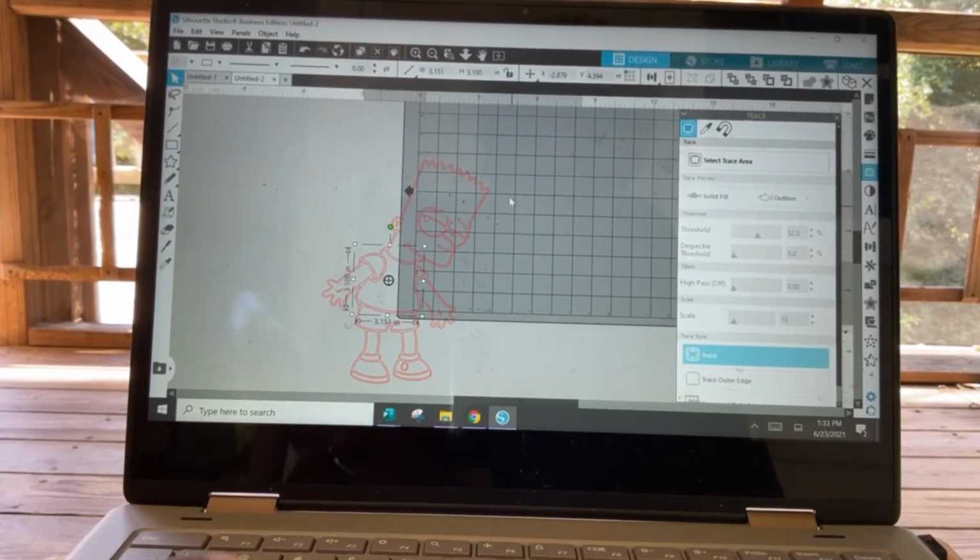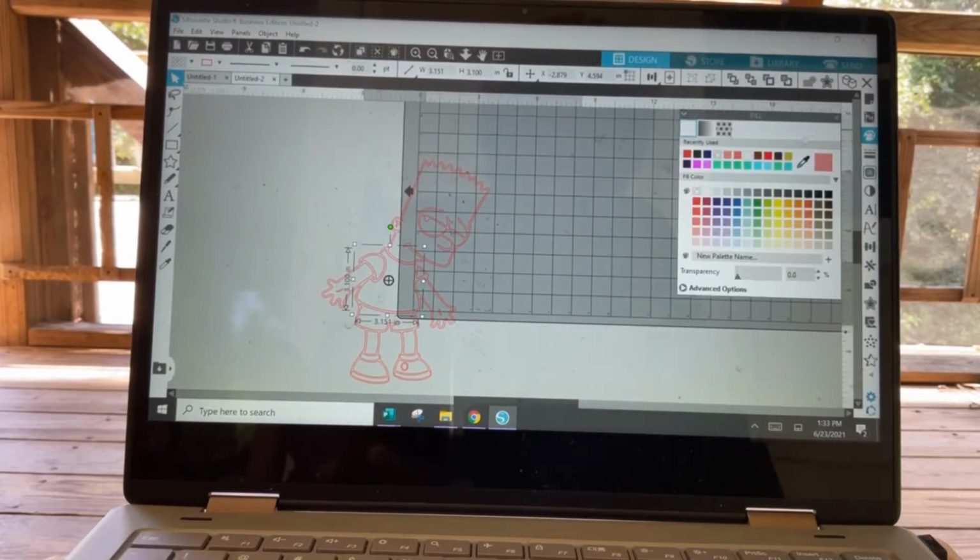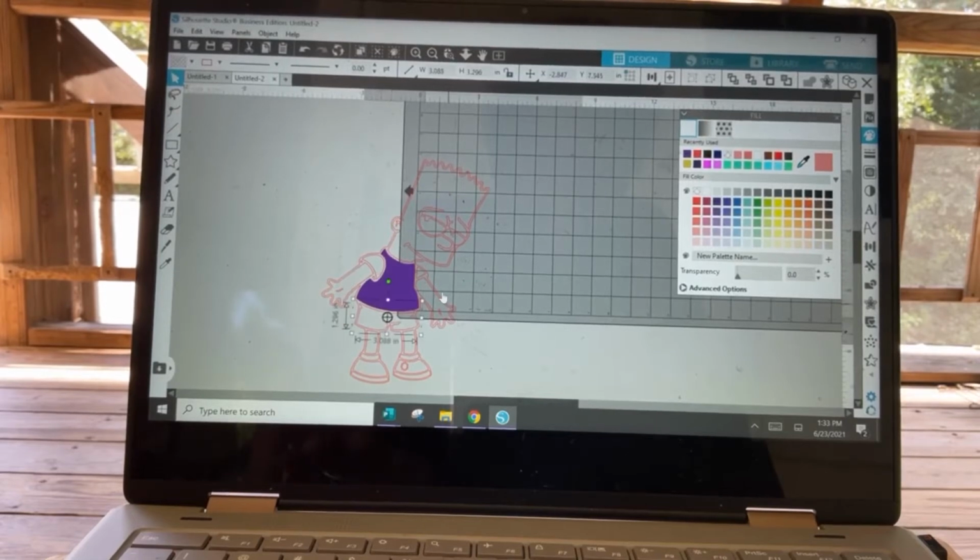Today we're going to do Bart in Craft Craze colors, which is purple and green. So you go to your paint palette, which is the third one from the top on the right hand side, and you choose your desired colors. Starting with his shirt and his shorts,